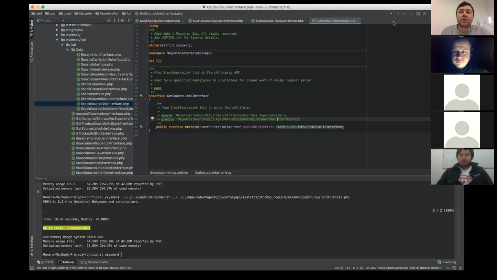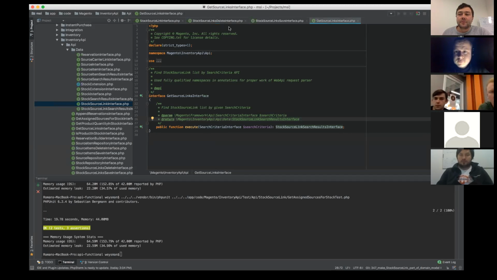Initially, we had that priority at the level of sources, but taking into account that the same source could be reused in the scope of different stocks, we need to have that priority on the level of the source to stock link. That's why we decided to introduce this API, which Roman implemented. So the next task would be introducing the priority attribute to this link. That will help us to implement the priority-based algorithm. Another business story which was unblocked after that